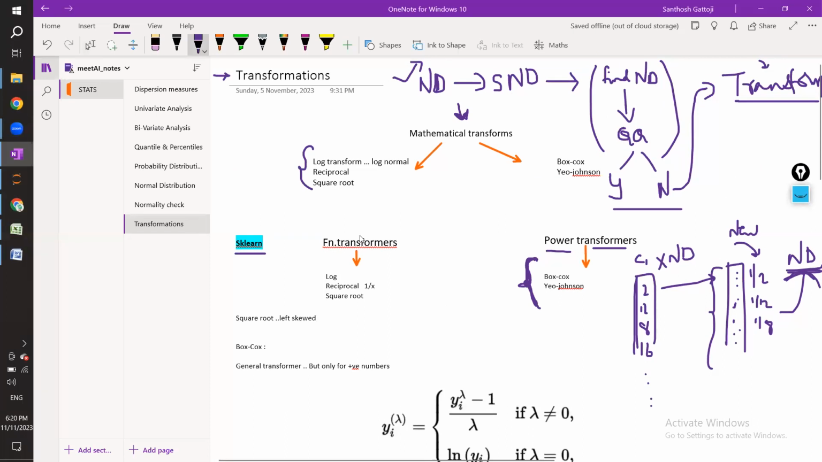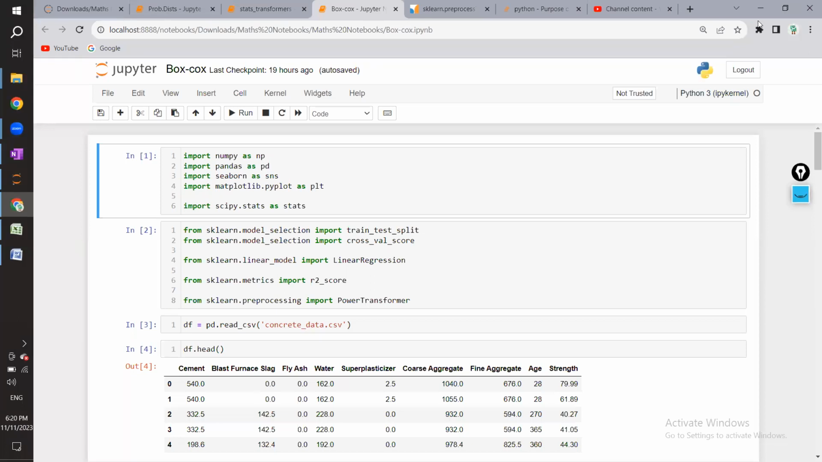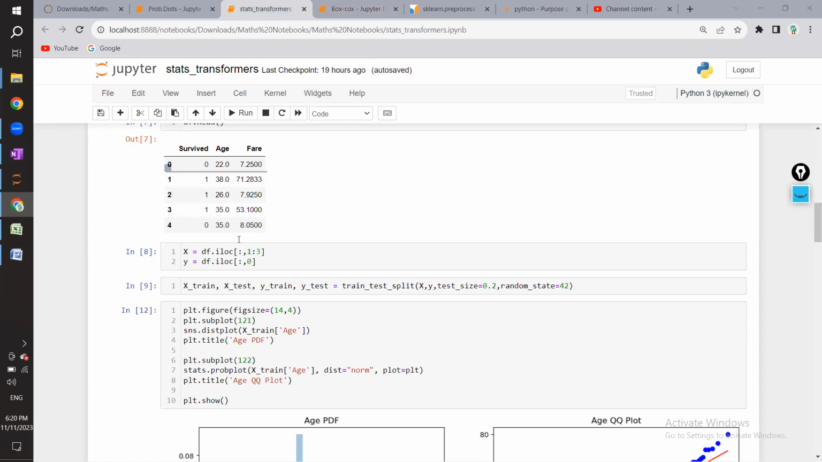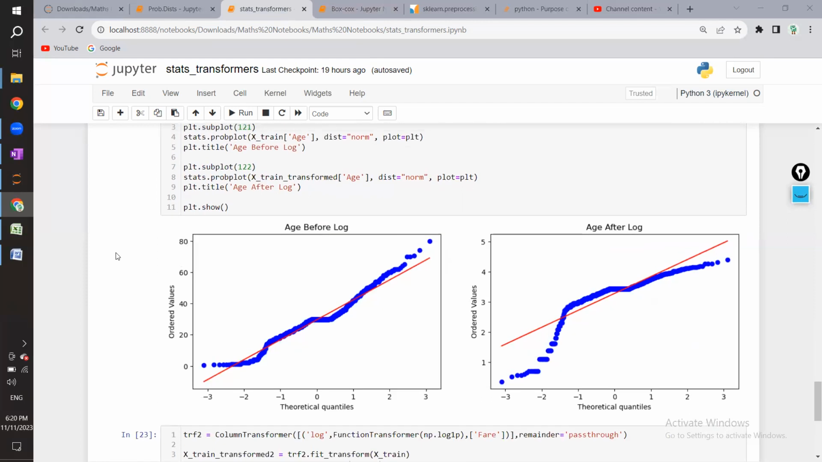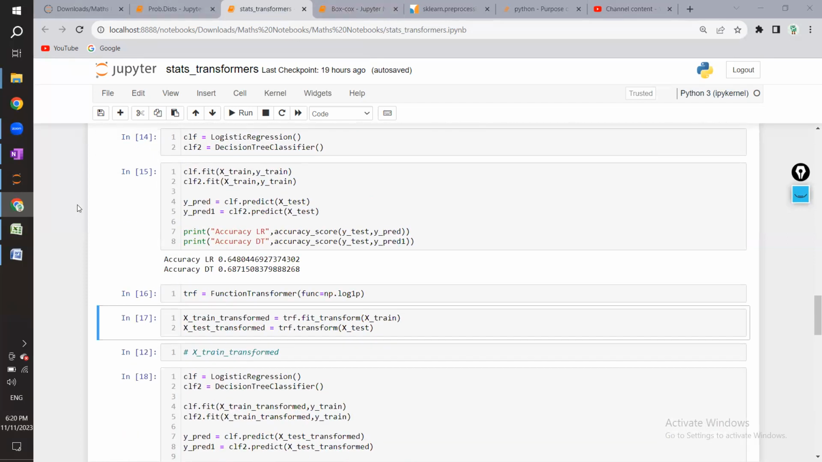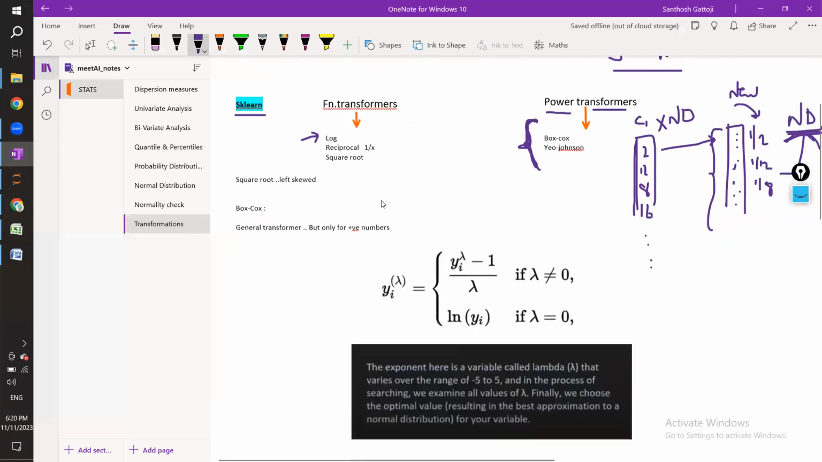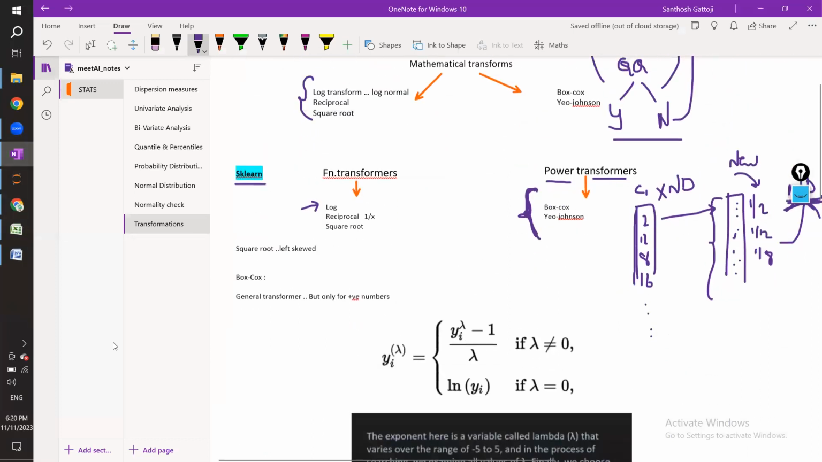Okay, so in the last class we started on transformations and we saw the log transformation. We also understood how transformations help us achieve better results. Fine. So now the next concept is, that was regarding the functional